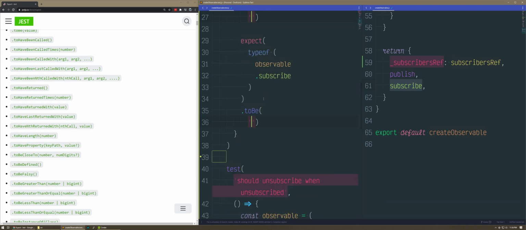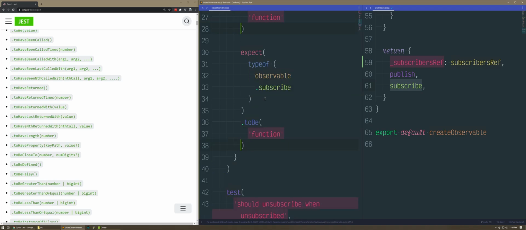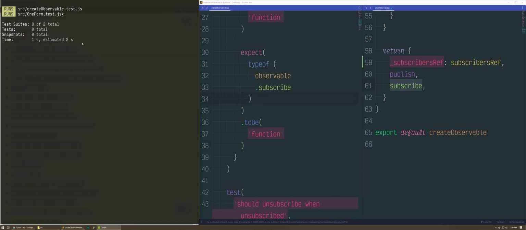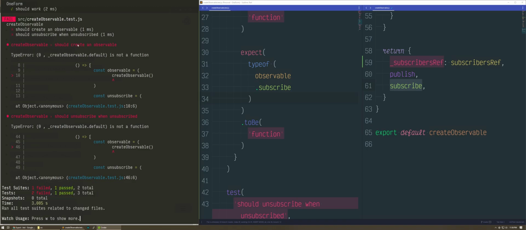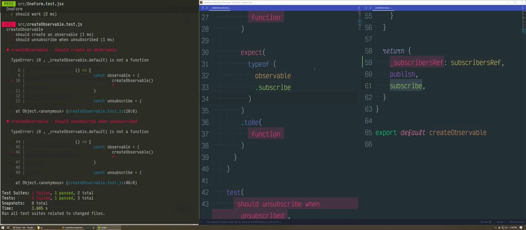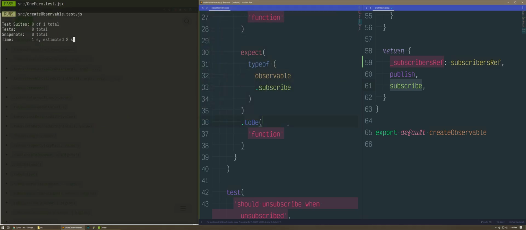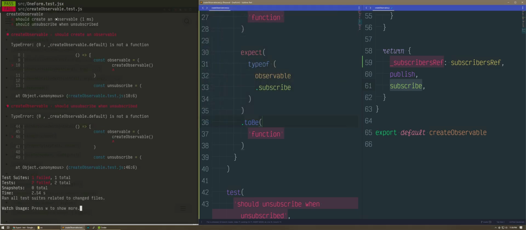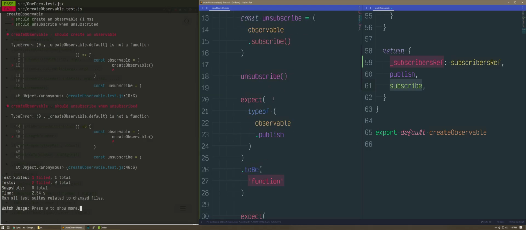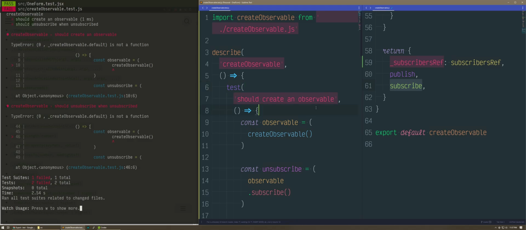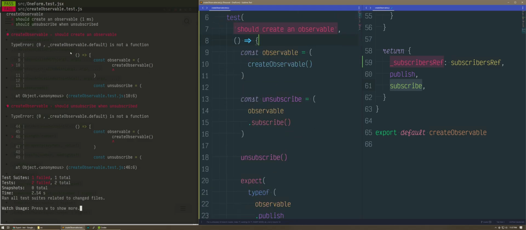Okay. Function. Okay, so now we check our tests, see if they pass. Okay, I want to know which one failed. And the OneForm test, we'll get rid of it because we're not using it. It was just there to make it not error. Okay, so should create an observable. That is false because